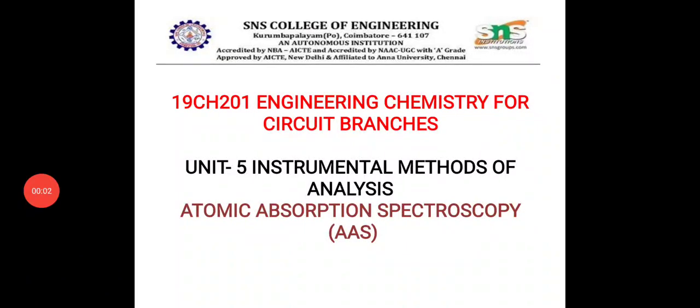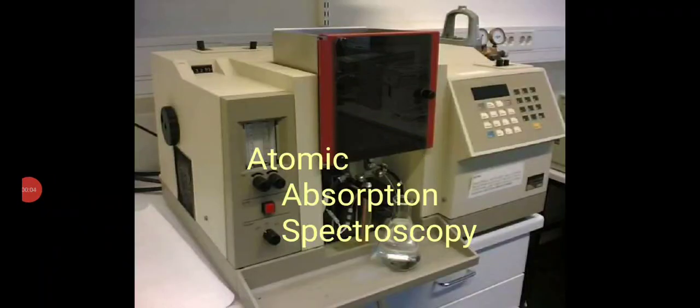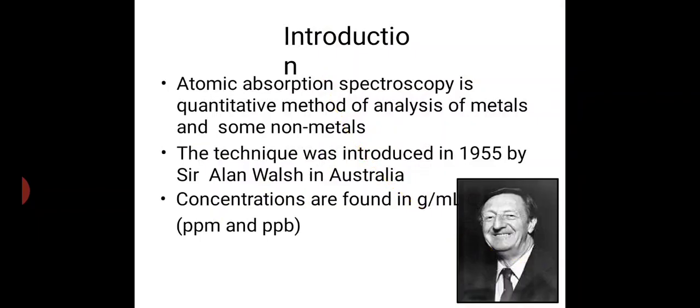Another instrumental method of analysis is atomic absorption spectroscopy. So this is a basic instrument of atomic absorption spectroscopy. It is used to measure both metals and non-metals; almost most metals and some non-metals can be identified and used by analysts. So we can estimate the amount of the metals and non-metals present in a sample at the gram per